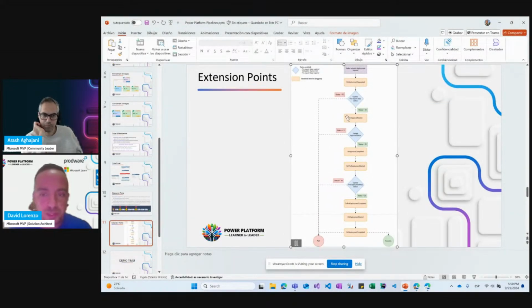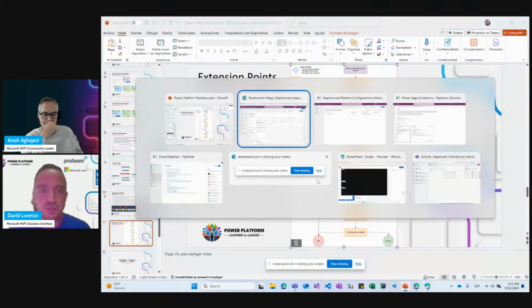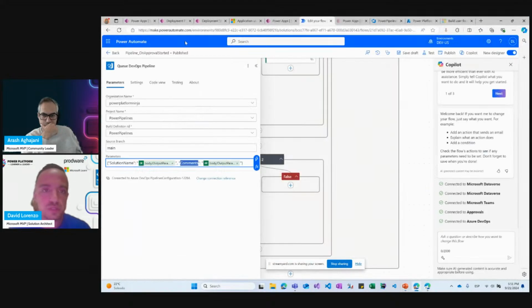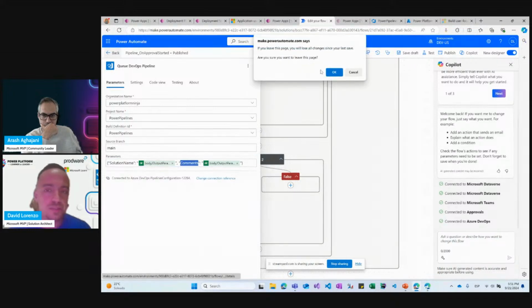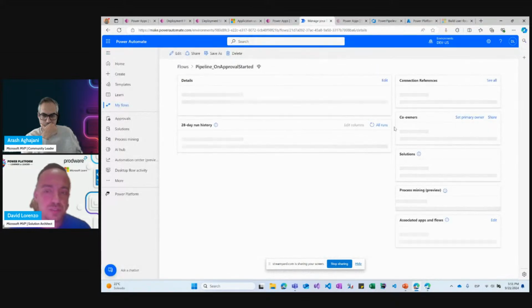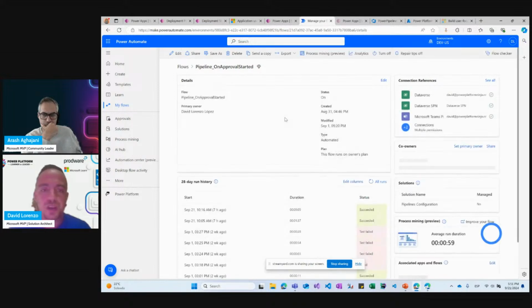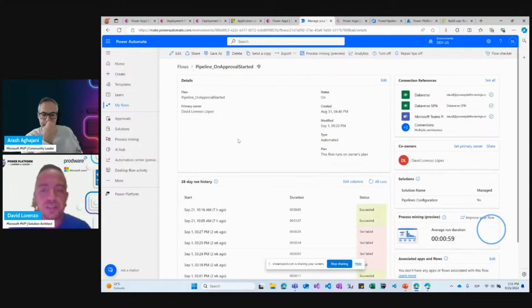It will stop in this on approval started business event. And then this will launch the flow that we have checked before. This will launch the flow, and then we will receive a deployment approval request in our Teams, and then we have to approve or reject.